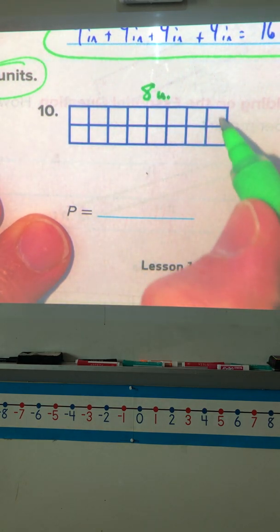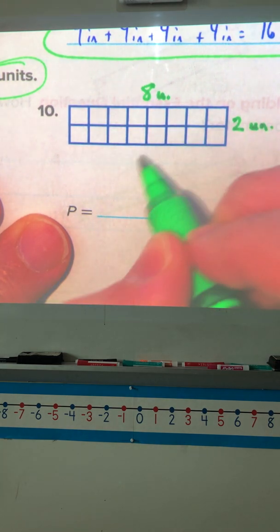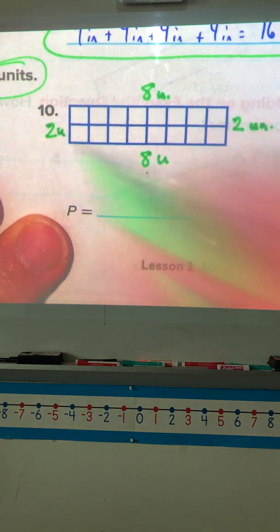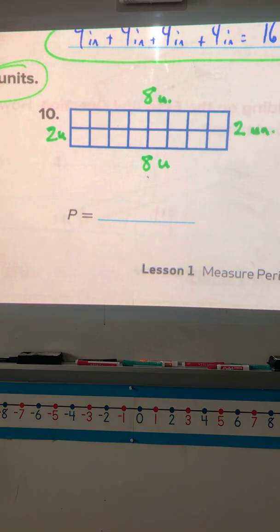This side is going to be 1, 2. 2 units. So that's got to be 8. This has got to be 2. Now, if you were here sitting in front of me like I wish you were,